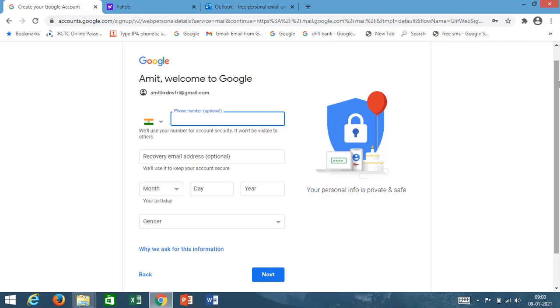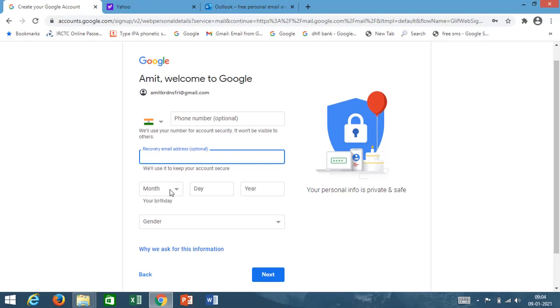That's why we need to put a proper phone number. An OTP will come to that phone number to recover the password, to reset the password. Same way, if you have any other email address, that also you can provide as a security.